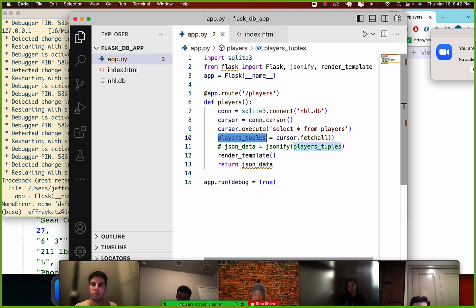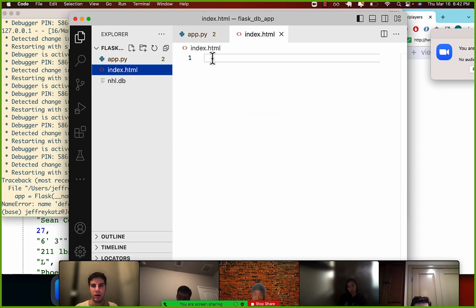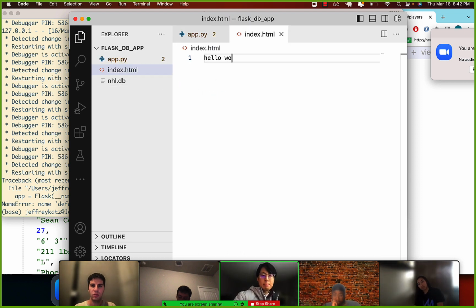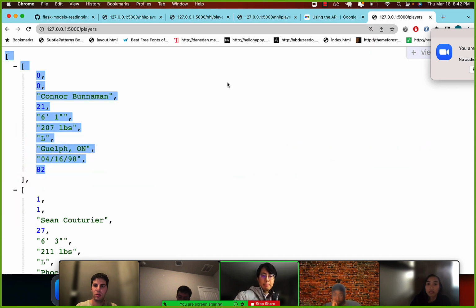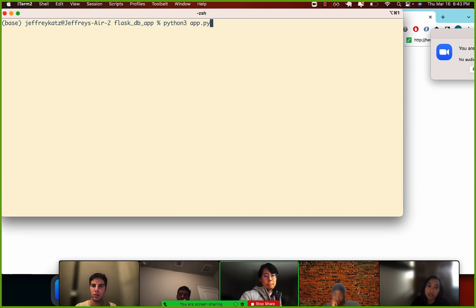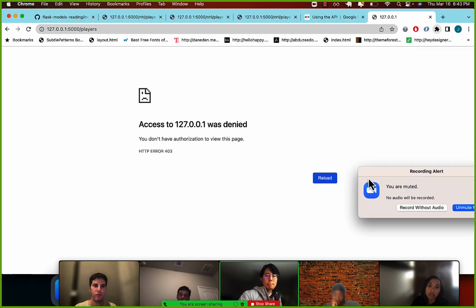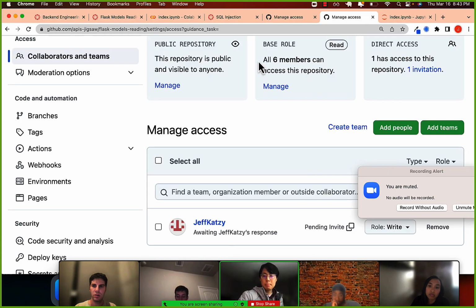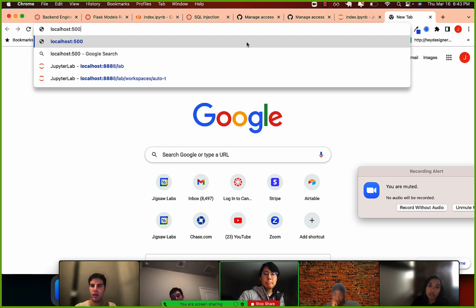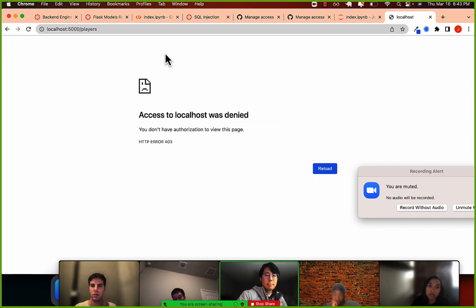So we have this players data. Let's say we want to display index.html. How are we going to stitch these two things together? So we'll render index.html. Let's just get this working. So let's make sure we can see hello world. So now if I refresh this, it's broken. Let's go to a different kind of user person. 5000/players. Oh man,